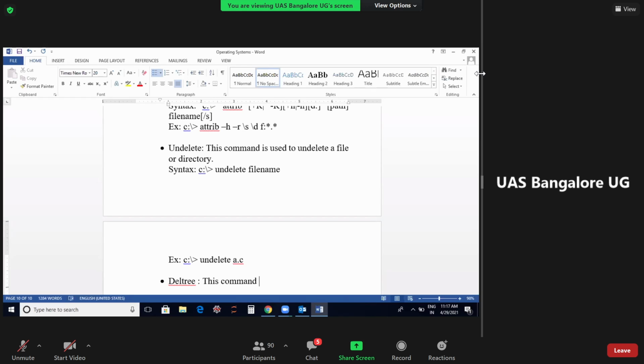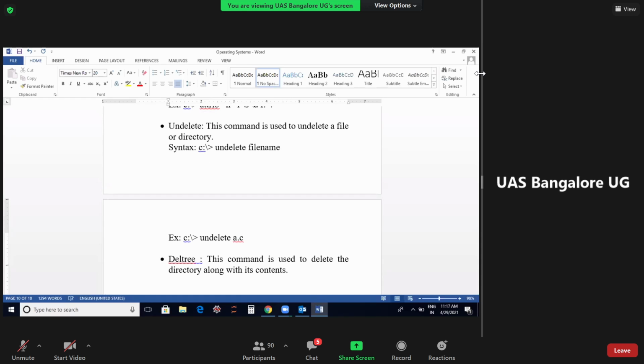This command is used to delete a directory along with its contents. Say there is a folder or a directory, and within that you have more folders and files.